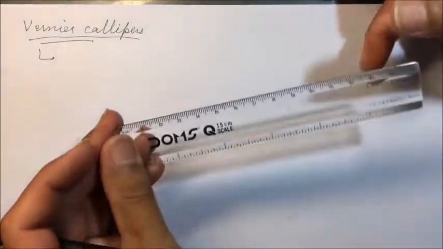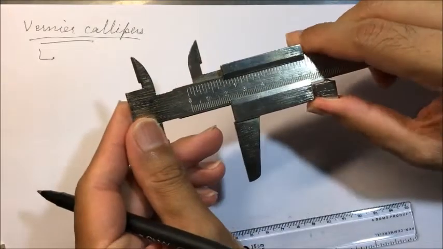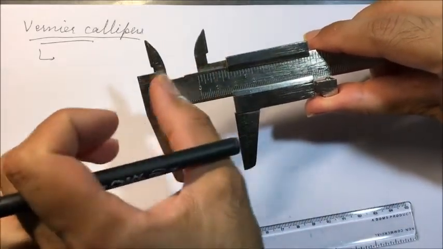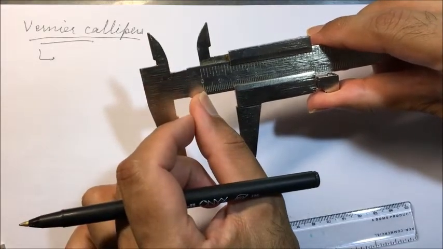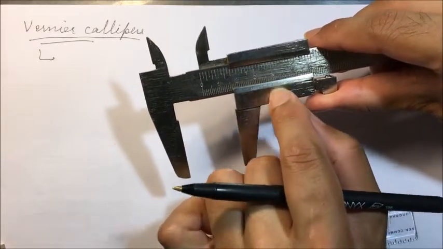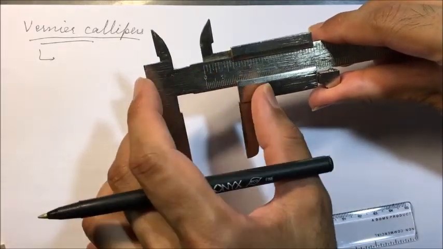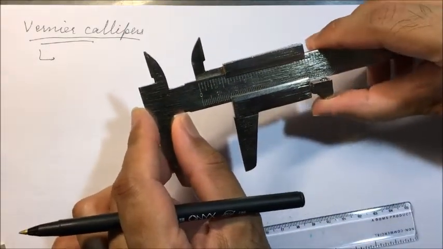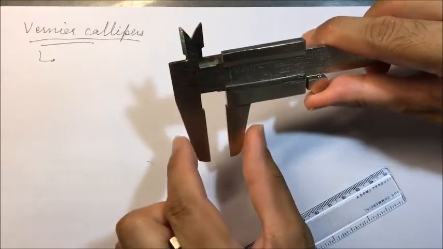It is similar to the scale that we use in school, and there is the movable scale, and this movable scale is the vernier scale. The main scale is calibrated in centimeters and mm. So the least count of the main scale will be 1 mm. The least measurement we can make using the main scale is 1 mm. In vernier calipers, we divide the main scale least count by 10 divisions. So 1 mm is being divided by 10, and we get the least count of this whole vernier caliper as 0.1 mm.